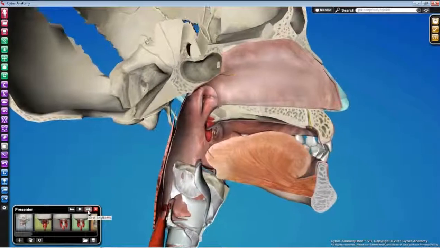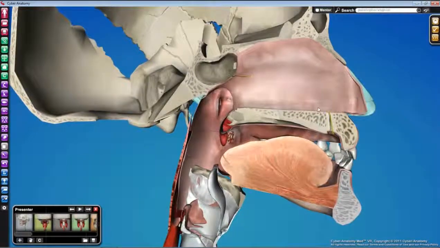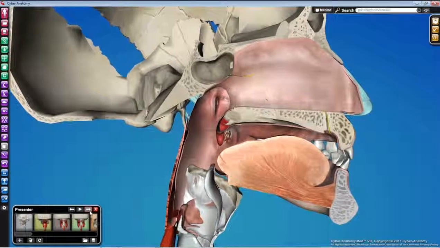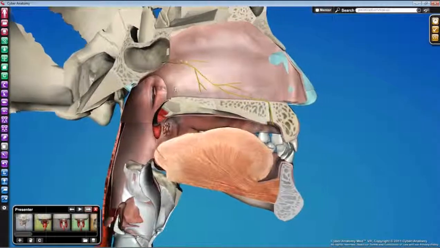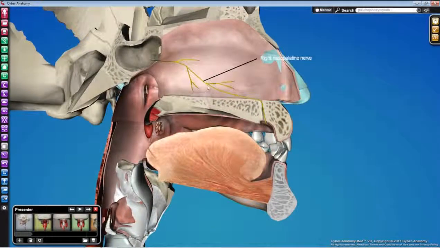The next structure we want to find on this side is the nasopalatine nerve running along the nasal septum down to the incisive foramen. Chances are you won't be able to see the incisive foramen as a canal, but if we work carefully through the mucosa and look just in this approximate line, we'll be able to see the nasopalatine nerve,